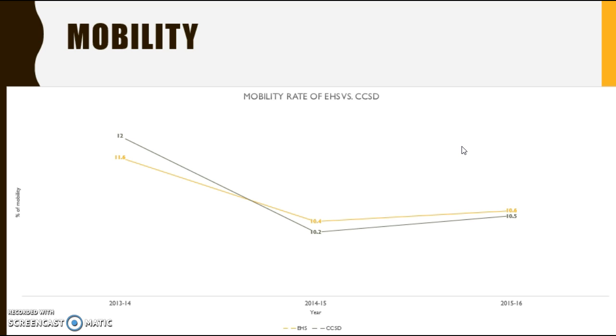We do have a pretty high churn rate. It's higher than that of the county within the last couple of years. And again, we get and lose a lot of our low SES students, specifically those that live in the Ackworth area and in the mobile home communities. And I also think that plays into why our low SES percentage or free and reduced percentage isn't necessarily reported, right? I think students are moving in and out, and so they're thinking, what's the point of reporting that status if I'm not going to be here for that long?